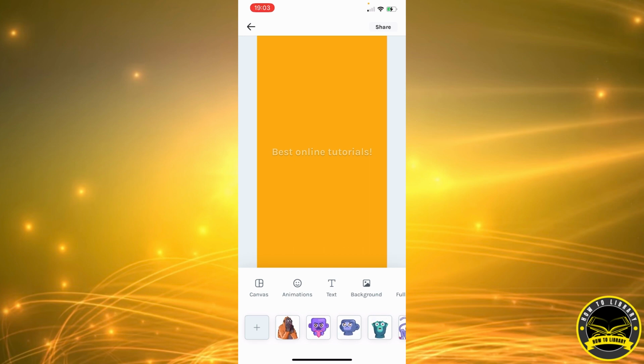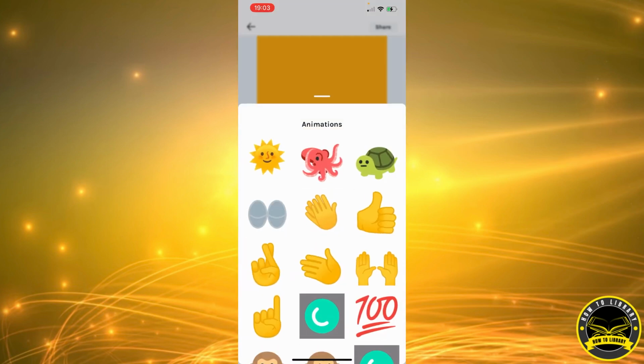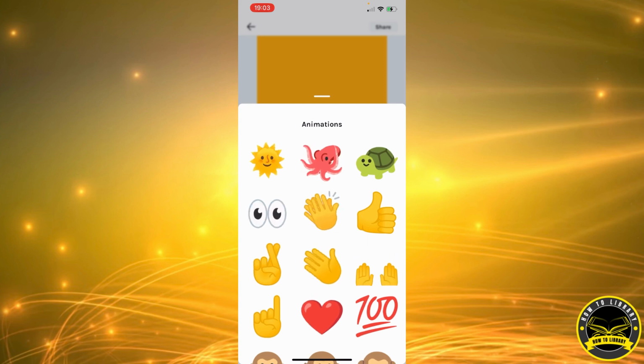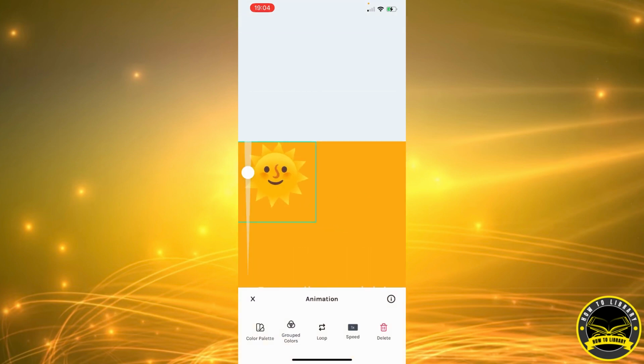Okay, now we're gonna go with animations. So first, let's go with the easier animations. For example, maybe the sun emoji will be aesthetically good for the eye here because our background is orange. So as you can see, the options that you have with this animation is by dragging this